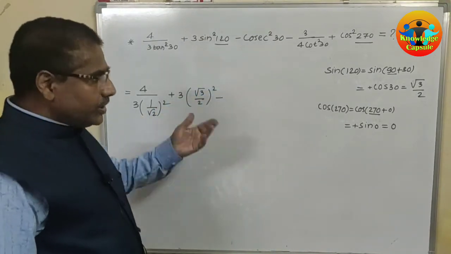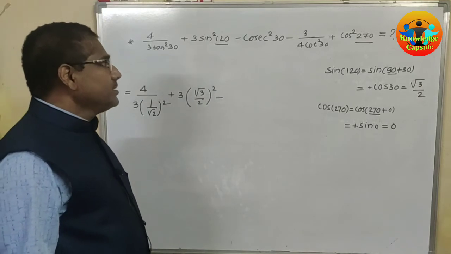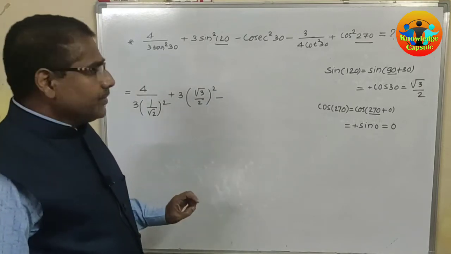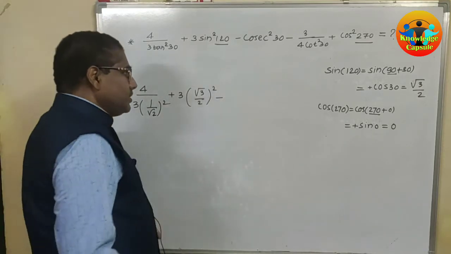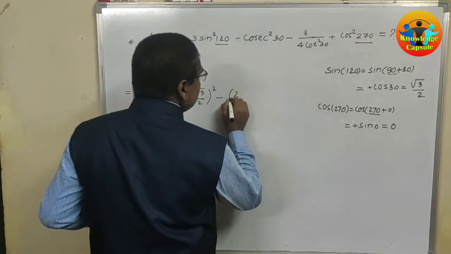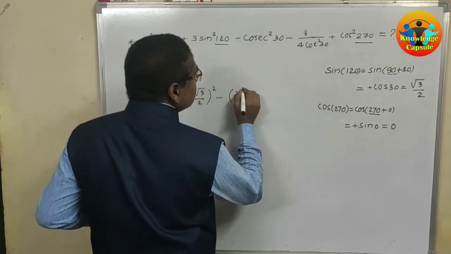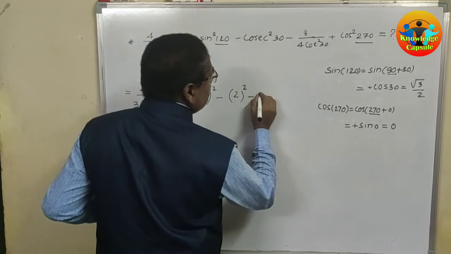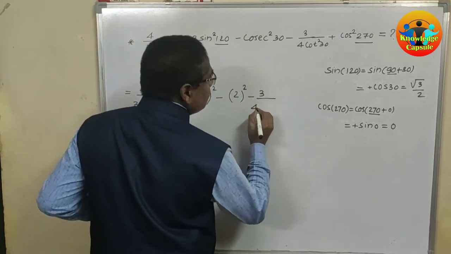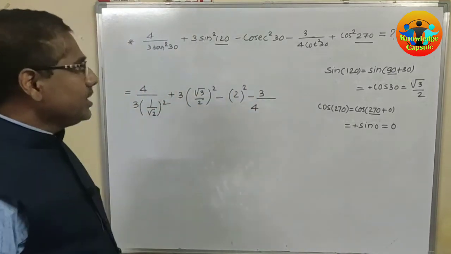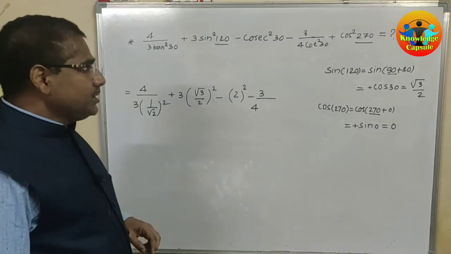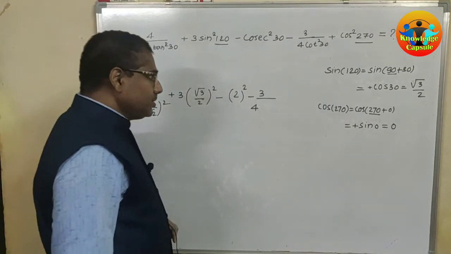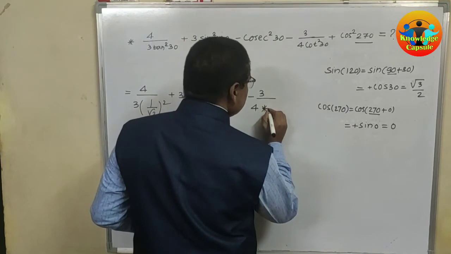Cosec 30 is equal to 1 by sine 30, and sine 30 value is 1 by 2, and reciprocal of it is 2, therefore cosec 30 will be 2 and its square minus 3 upon 4 into cot 30 is equal to 1 upon tan 30. Tan 30 is 1 by root 3, therefore cot 30 is equal to root 3 and square of it